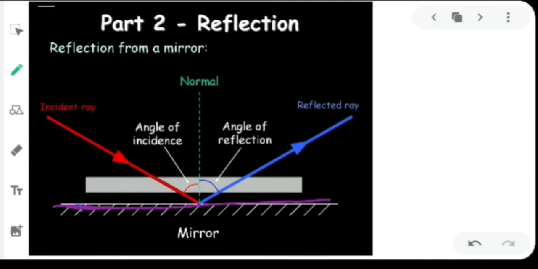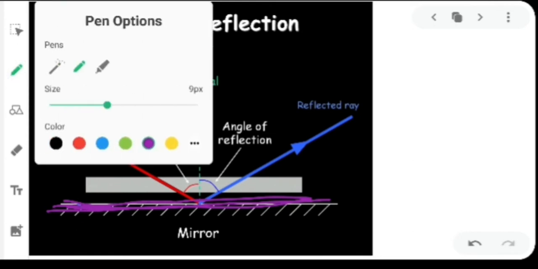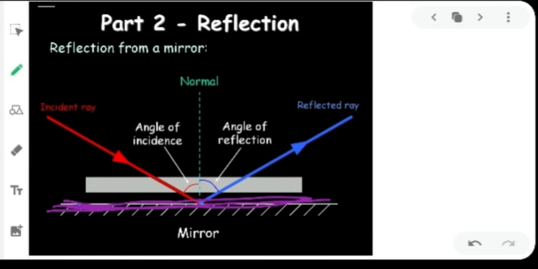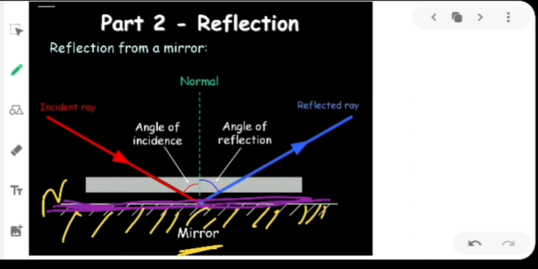See, this is the plain glass sheet, and one side of this glass sheet is coated with a thin layer of silver metal. This is called a plane mirror. This glass sheet is known as the plane mirror. So when the light rays fall on it, let us consider that this is M and M dash, the mirror itself.